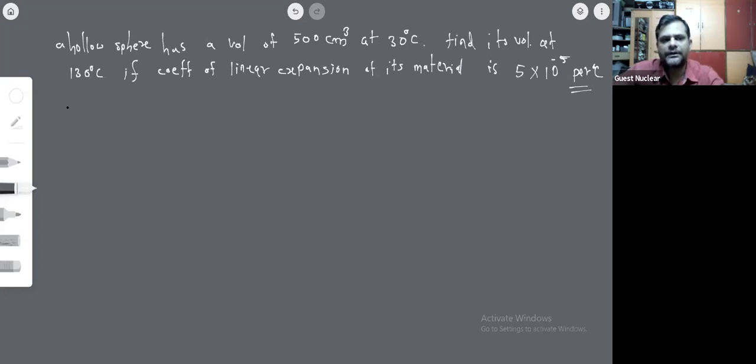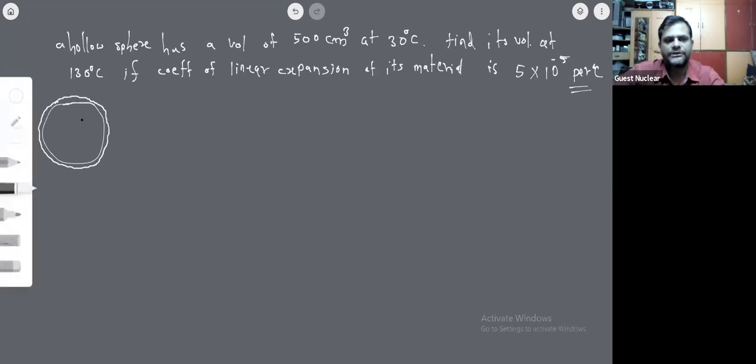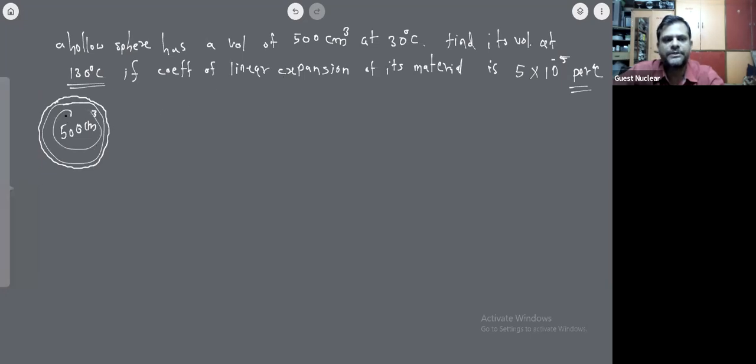A hollow sphere means, suppose the hollow sphere is made up of metal actually. Its volume, meaning the volume of the empty space, is given here as 500 centimeter cube, and that is given at 30 degrees Celsius. But when its temperature becomes 130 degrees Celsius, we want to find out its volume of empty space, obviously. We have to find the volume of this empty space because